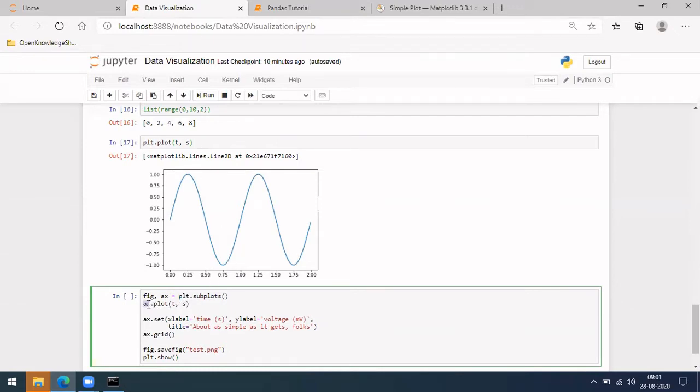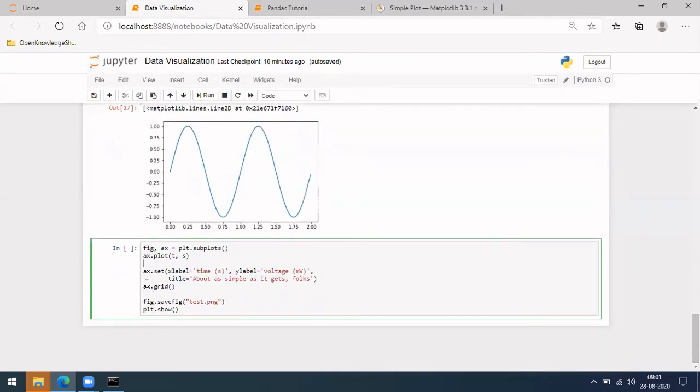It is the same, as ax also represents a matplotlib object. So ax dot plot, and set x label as time and y label as voltage. You can do whatever you want. The title he has written is something like a simple test plot. And he also did this grid.